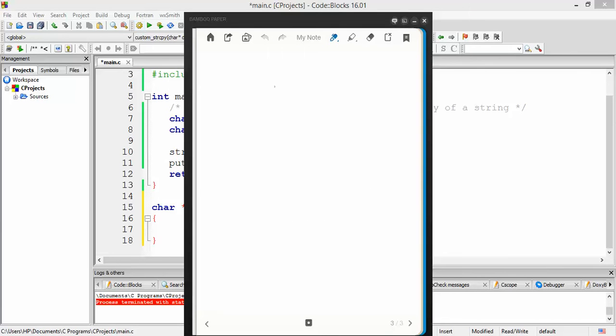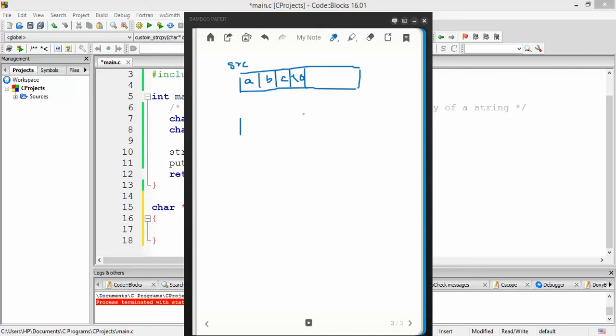We have the source string, and let's say it is stored in a memory location like this, and let's take a small string for the sake of building the logic. Let's say the source string is this, and the terminating character is of course the null character.